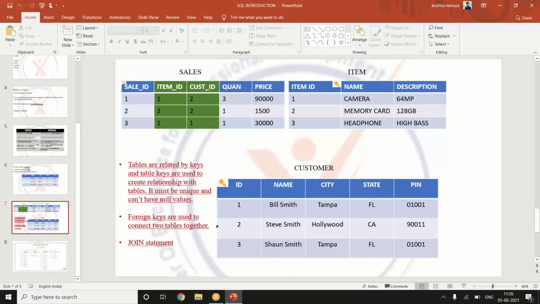And foreign keys are used to connect two tables together. So we have learned about primary keys. Now what is this foreign key? As you can see, we have connected the customer primary key to sales and the item primary key to sales. Now these are the primary keys for themselves: ID is the primary key for customer and item ID is the primary key for item. But for the sales,